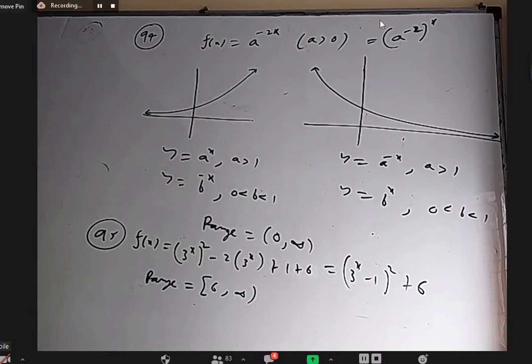Sir, in question number 95, in the exam we may read it as 2.3 to the power x, then what will we do? Sir, if we misunderstand the question, then the answer will be wrong. Yeah, so anyway, they can write 2 into, in brackets, 3^x. Sir, here also we don't know that it is 2 into 3^x. It may be 2.3 to the power. Yeah, so there is an ambiguity. That's why I'm correcting it for the next printing right now.